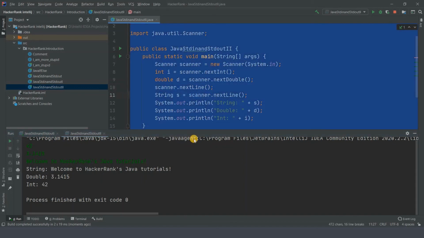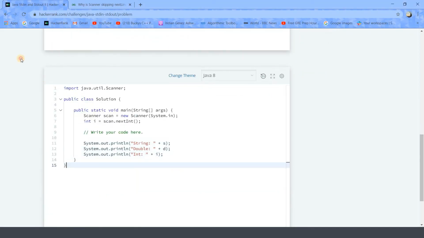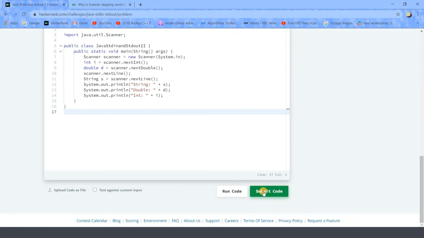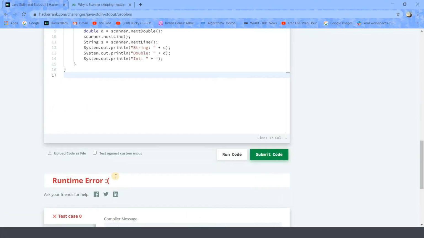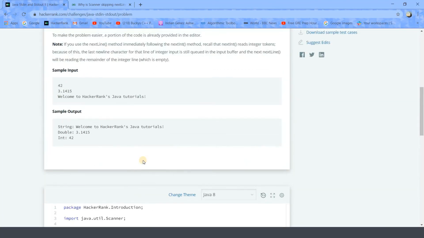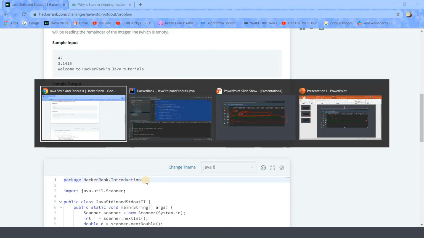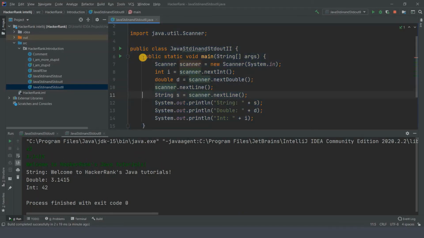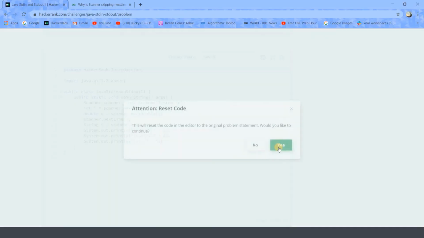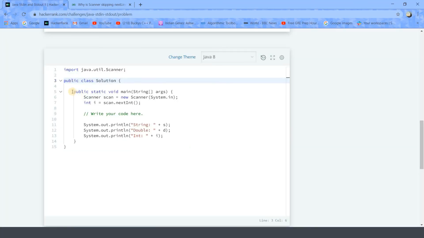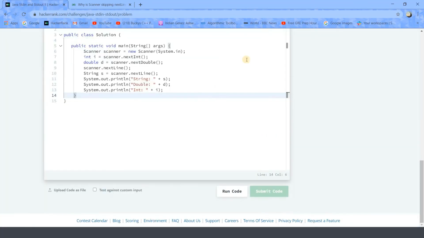So I'll just copy this code and paste it on HackerRank so that we can verify for all the test cases to work or not. Yeah, I'll just submit it because I know the sample test case is right. Oh, why is it okay? We don't need the package and all. We just need the main class, right? So why did I do that? I also don't know. I'll just copy the main class and let us reset the code to whatever it was before. Okay, fine. So I'll just change the main function. Other things should be the same. Now let us check if it works.